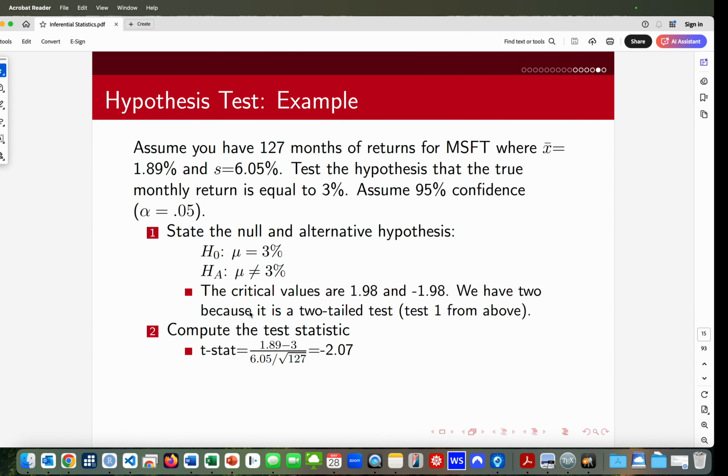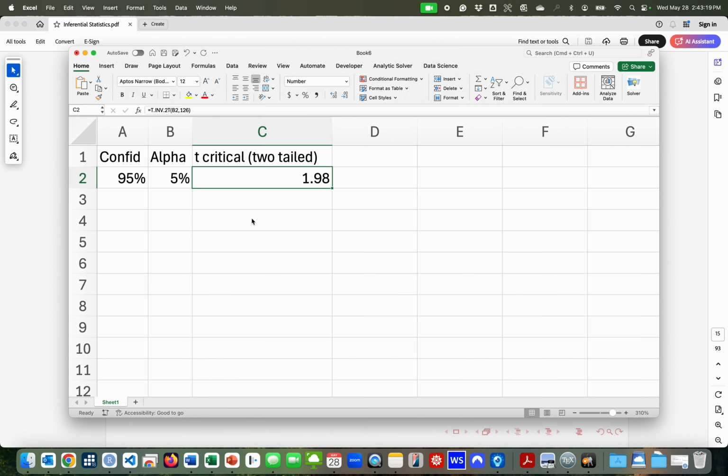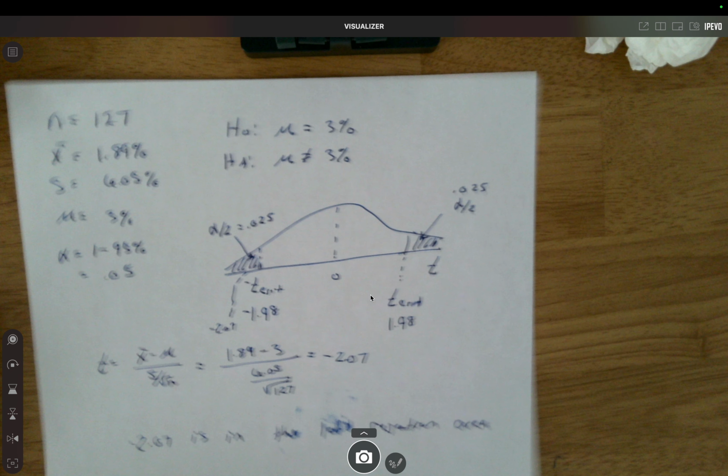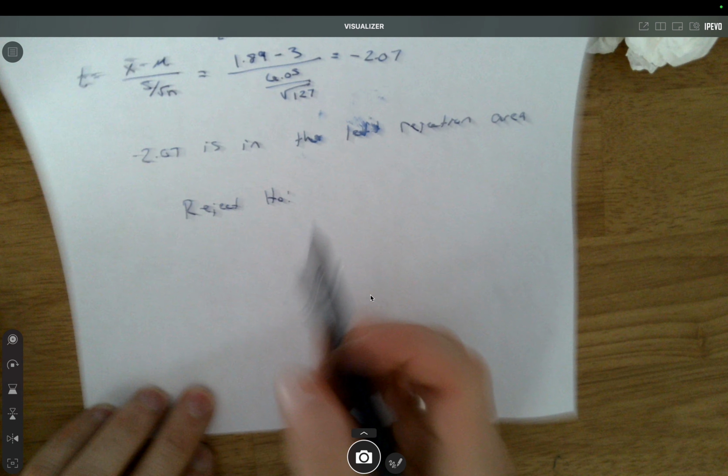So I want to make one simple change here. We reject their claim with 95% confidence. But what if we repeated the problem at 99% confidence? What if instead of 95%, we did 99%? Well, in that case, the critical values are now 2.62 and negative 2.62. So if we're going to do this at 99% confidence,